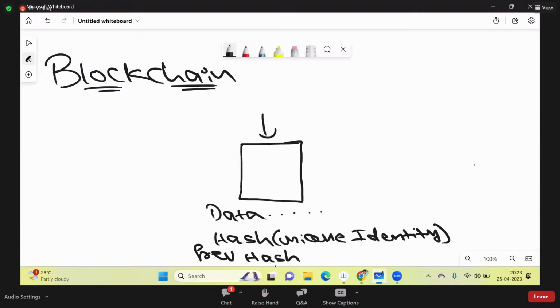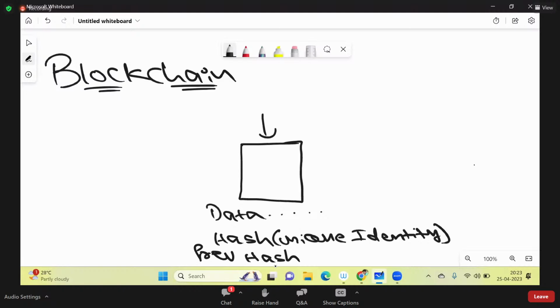In my case, there are 5 blocks which I'm trying to show to all of you. All these 5 blocks I can link in the form of links present in a chain. So block 1, 2, 3, all of these I'm going to link. Like this, in the world, there are millions of blocks which are interlinked among themselves. Can you tell me how? Now I'm going to show you that.